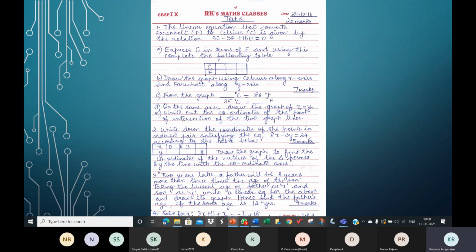What I'm saying is, if the question talks about the future, then the ages will be of the future age. Or if the question talks about the past, 10 years ago, then you must take the father's and the son's age 10 years ago. 5 years later, you must take their ages 5 years later. If 5 years later they're talking about the present age, the word present will be mentioned there.